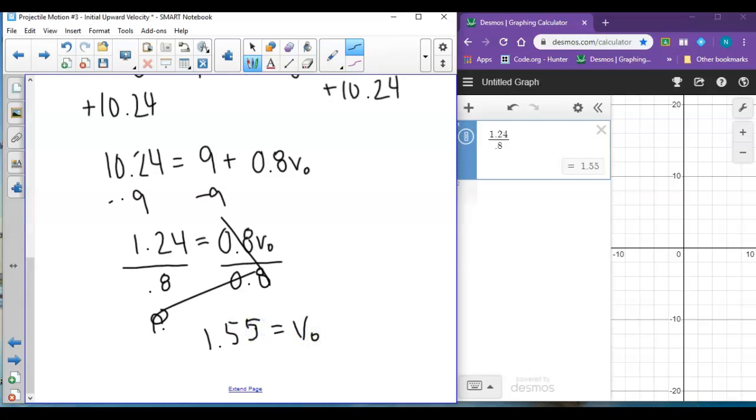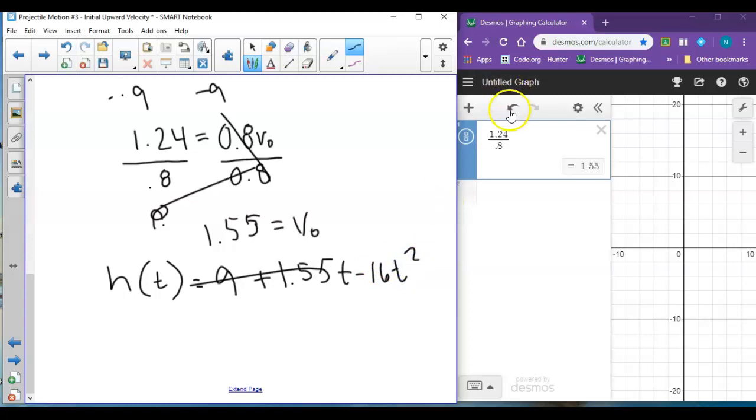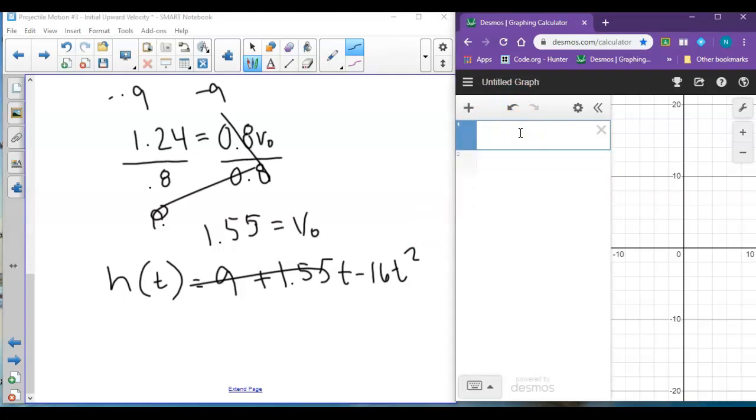Okay, now the question didn't ask us for 1.55. The question asked us for maximum height. But now that we've found that initial upward velocity, we can write ourselves an equation. h of t equals 9 plus 1.55 t minus 16 t squared. Do not plug in the 0.8 for the t here, because if you do, then you won't have any variables in it when you graph it on Desmos. So if I type this equation into Desmos now,